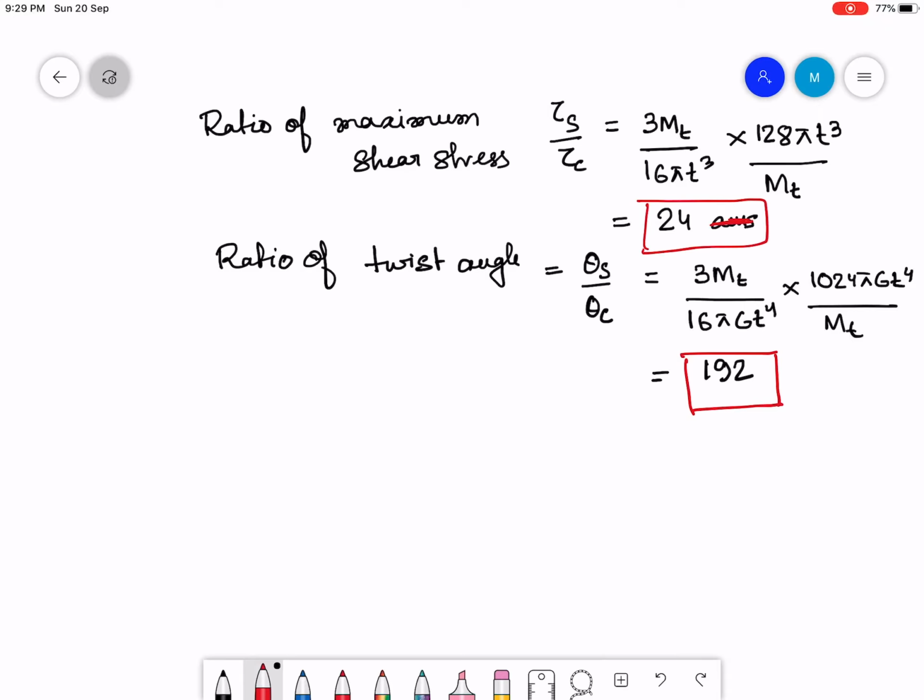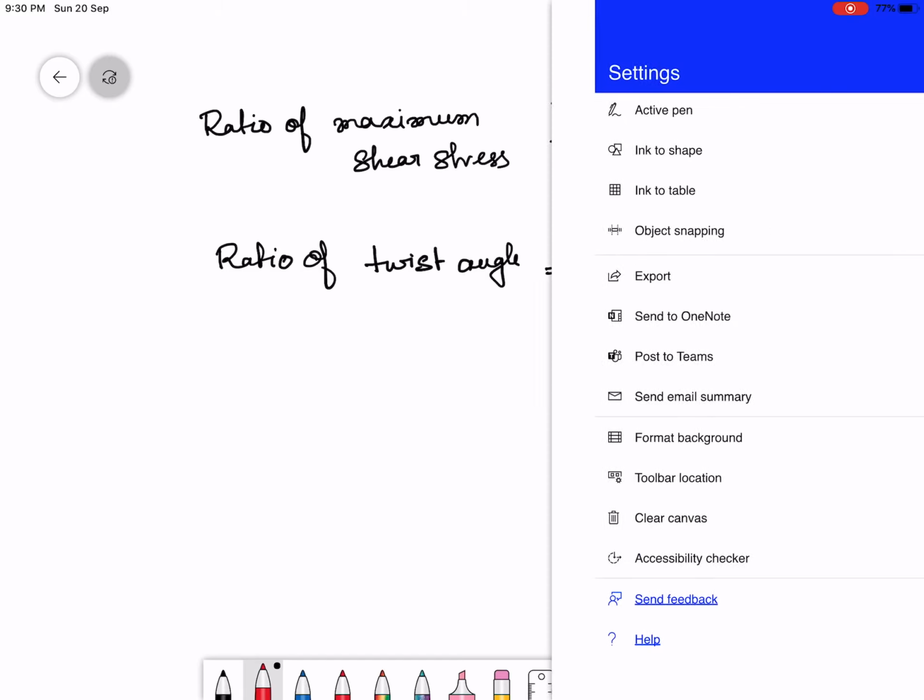Probably from intuition you can also visualize, if you think of an annular tube with a lengthwise slit, it's much easier to achieve a large angle of twist with the same torsional moment or torque as compared to a closed cross section tube. Okay, so with this we will move into the next example.